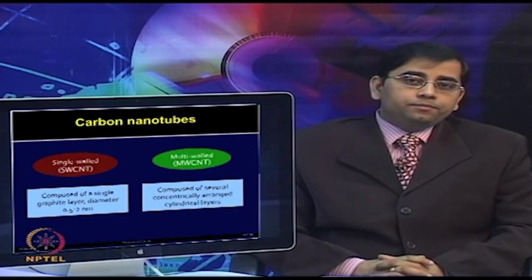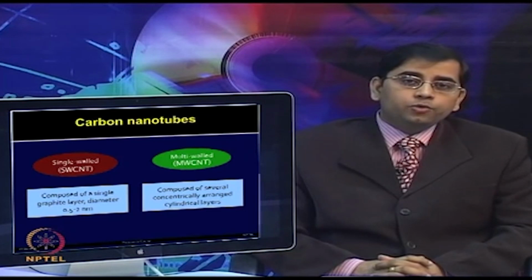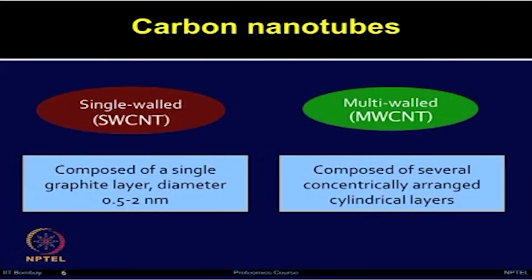These carbon nanotubes are of two different types, single walled nanotubes (SWNTs) or multi walled nanotubes (MWNTs). The single walled nanotubes are composed of a single graphite layer with a diameter in the range of 0.5 to 2 nanometers, whereas the multi walled nanotubes are composed of several concentrically arranged cylindrical layers. There are various properties for each of these groups, but we will focus more on how these nanotubes are applied